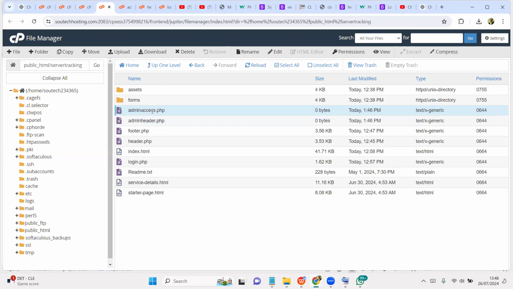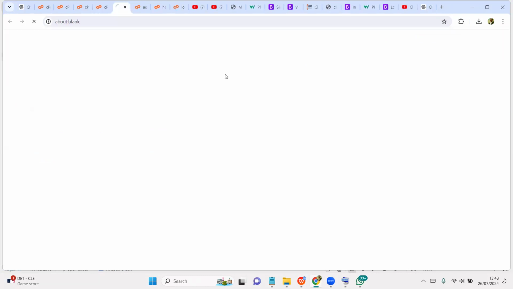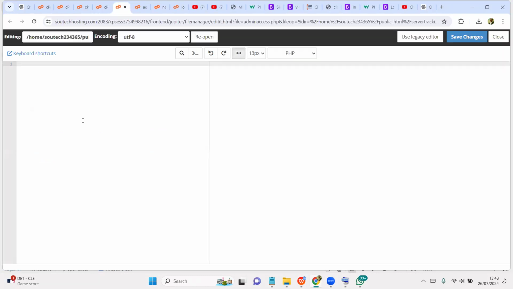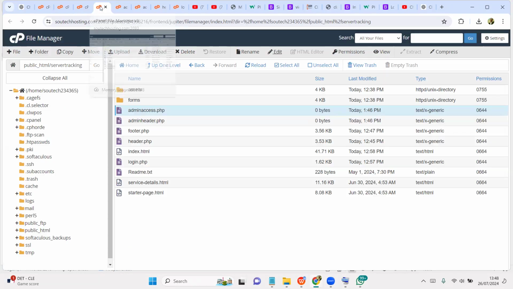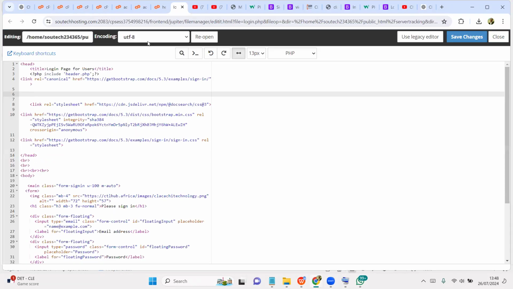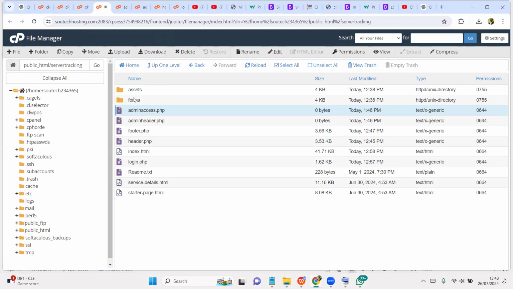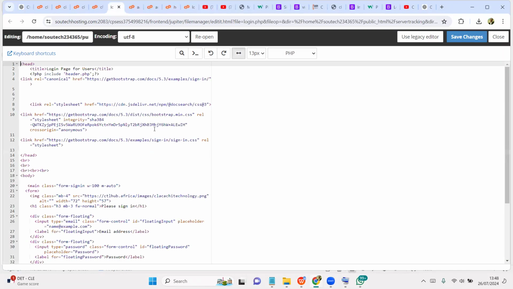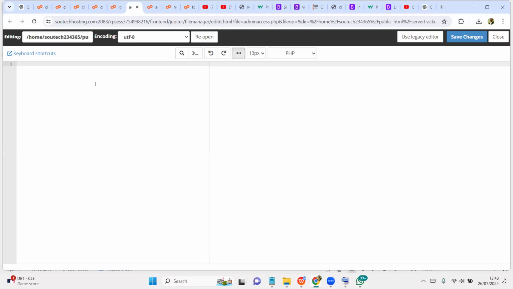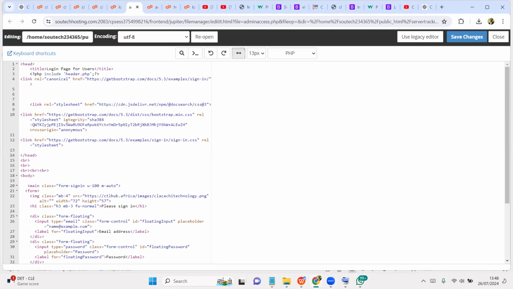So the admin access, which is like the dashboard where we're going to be seeing everything that is happening, we are going to edit it. This login.php file, everything in it, we need it. For this admin access, we want to say admin header. So that should be the header we are seeing, right?